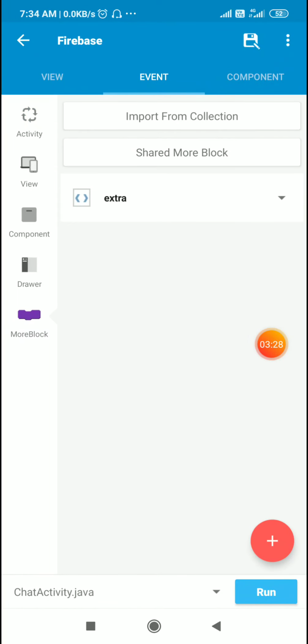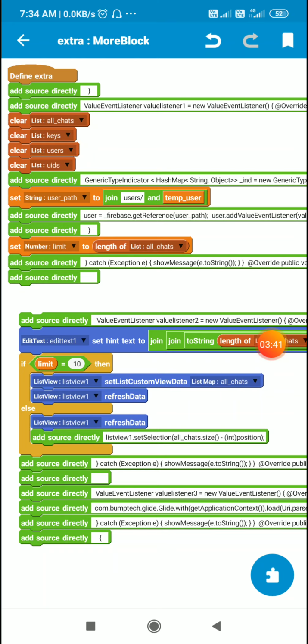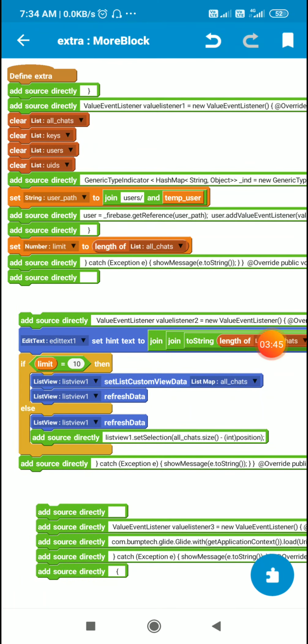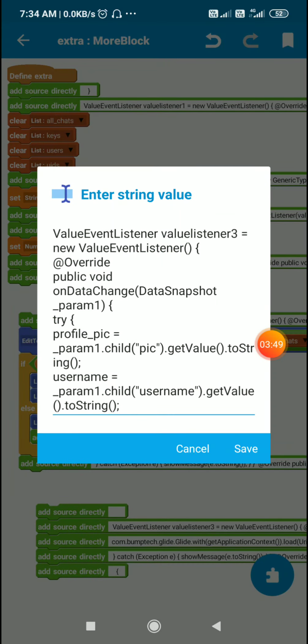In this more block extra I have this, first I close this, I have 3 different codes, you can see them here. This is the first part, then the second part, this is for value listener 2, and the last one is for value listener 3.